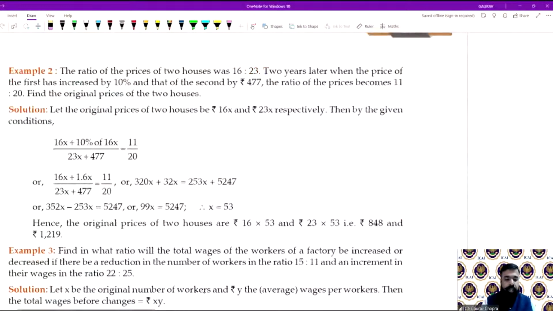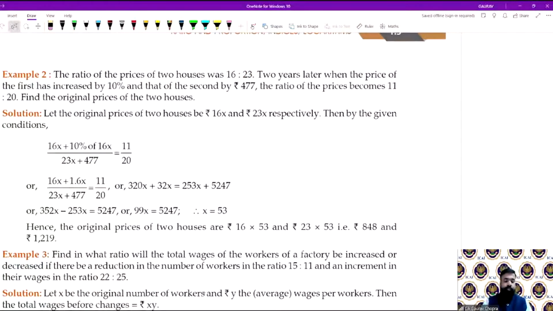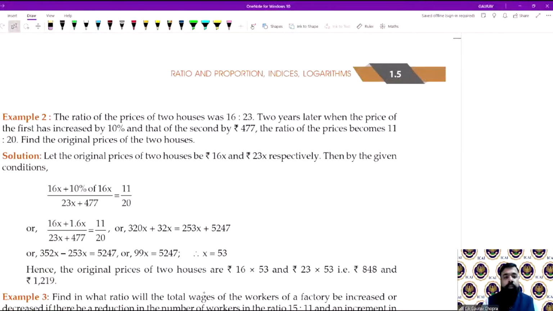So welcome back, guys. So now, in the previous question, we had simply used the equation, that is income minus savings is equal to expenditure. If you want, you can make it in another form also: expenditure plus saving is equal to income. You will get the same result. Okay. So no need to worry.